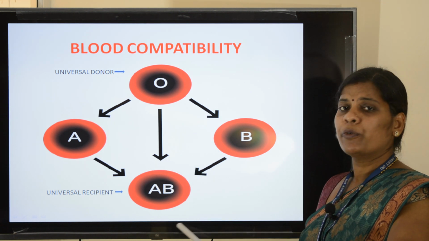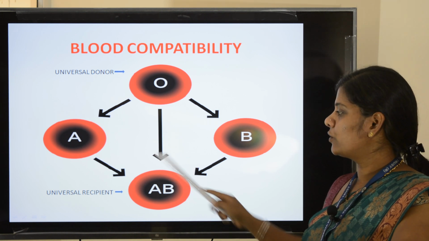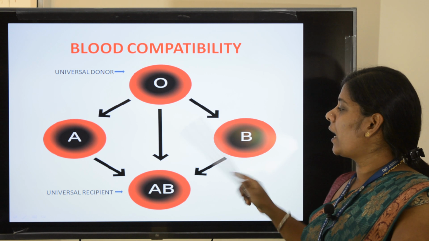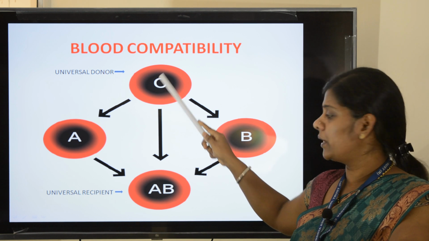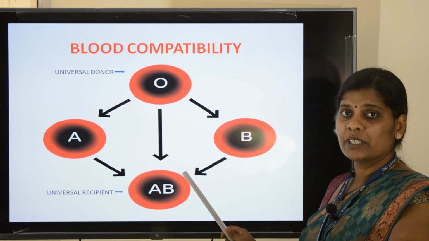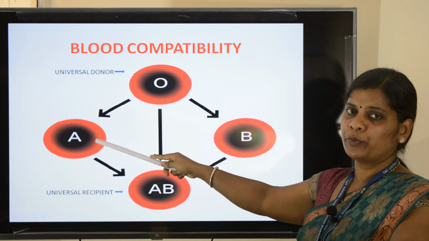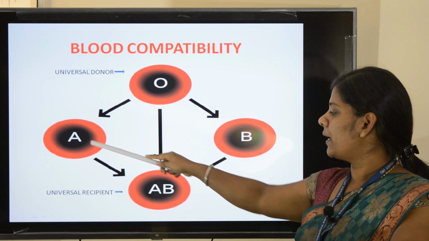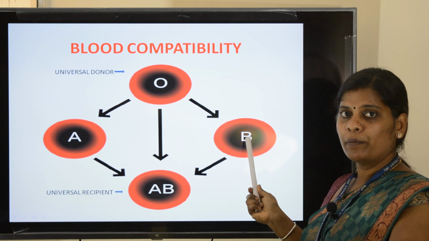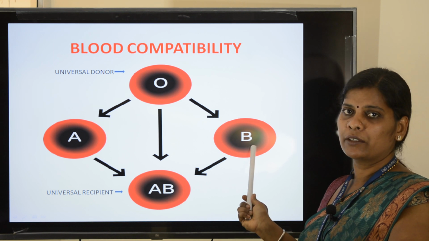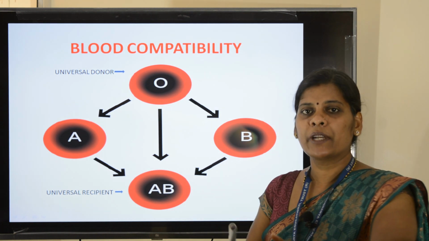In case of AB blood group, only antigens are present on the RBC, antibodies are absent. So he can receive blood from A, O and B blood group person. So O blood group is universal donor, he can donate blood to anybody, but AB blood group is universal recipient, he can donate blood only to AB blood group person. Here A blood group, you see he can receive blood from O blood group and donate to AB. Here B, in case of B, he can receive blood from O blood group person and he can donate to AB and B blood group person. So try to remember, universal donor blood group is O, universal recipient blood group is AB.